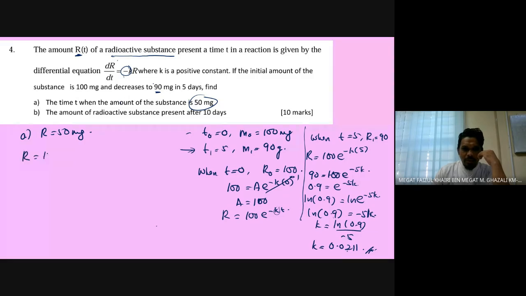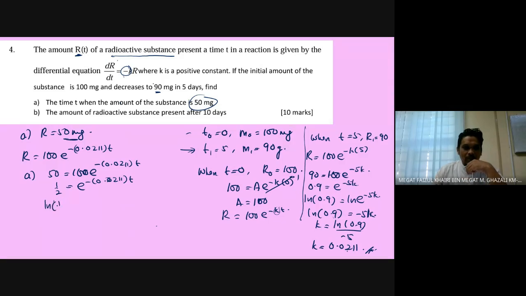R equal to 100 e power of negative 0.0211 T. So when R reaches 50 milligram, 50 equal to 100 e power of negative 0.0211 times T. So 50 divided by 100 is 1/2, e power of negative 0.0211 times T. So natural log of 1/2 equal to negative